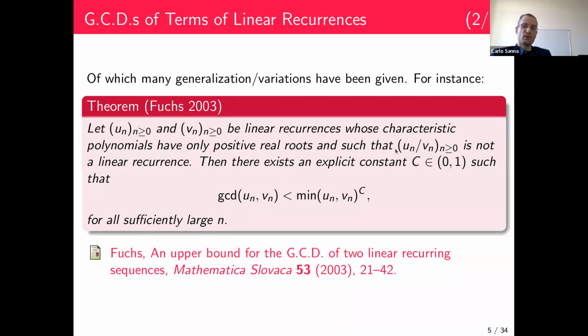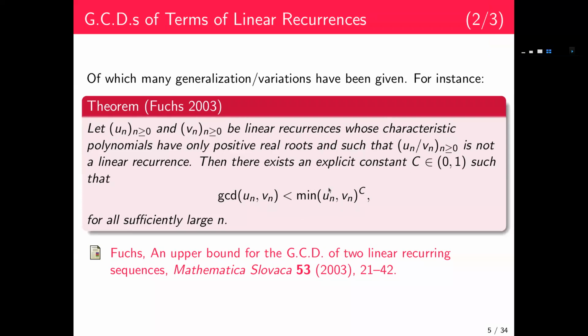Then there exists an explicit constant C, such that the GCD of U sub n and V sub n is small, meaning it is less than the minimum of U sub n and V sub n to the C, for all sufficiently large n. So this is a possible variation on